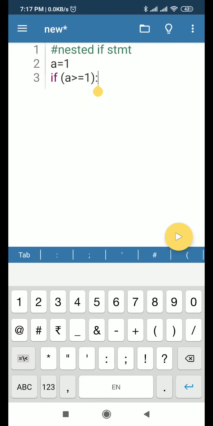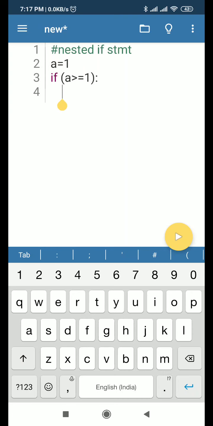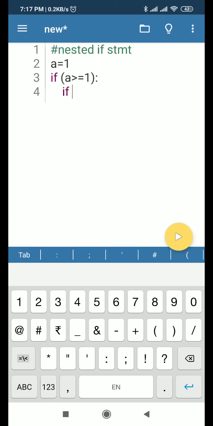So if this condition is true, I want to put another if condition inside this if. So here I'm using a nested if inside the outer if. That is why this particular format is known as nested if format.